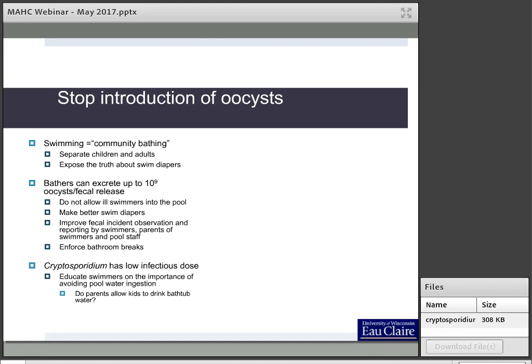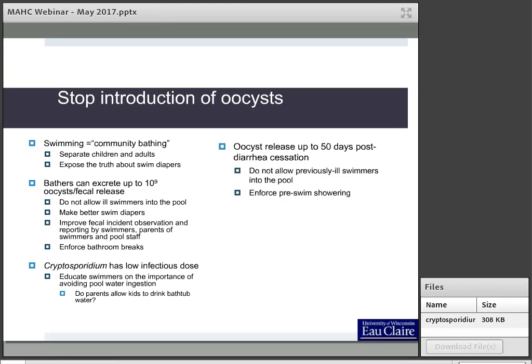We know crypto has a low infectious dose, so it's really important to educate swimmers about not swallowing pool water. Parents do a good job of teaching their kids not to swallow bath water, and they need to understand that a pool is essentially just a large bathtub and they shouldn't be letting their kids swallow pool water either. We know that the oocysts can be released up to 50 days after someone's diarrhea has stopped, so let's not allow previously ill swimmers into the pool. That can be one way to stop introduction. And enforcing